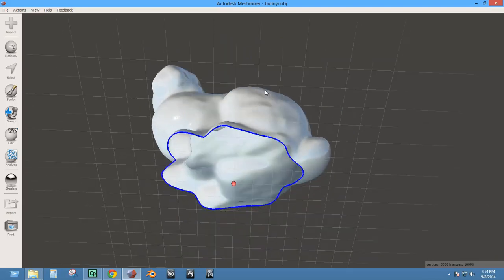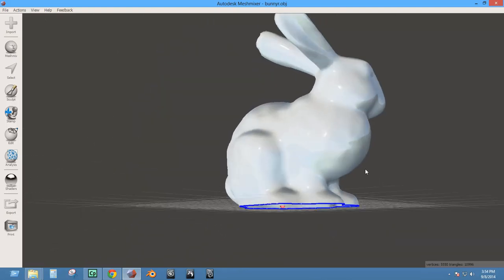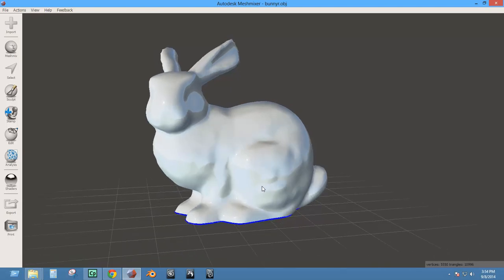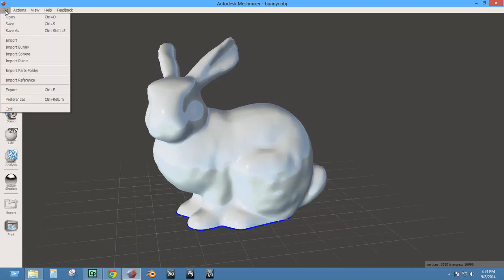So there's that. So at the bottom of this rabbit you can see there's a big giant hole. So the big giant hole needs to be fixed, or else it's not going to be 3D printable. So I'm going to go through how to fix that in a moment, but I want to show again the interface. So file, normally what I'll do is actually let me just open up